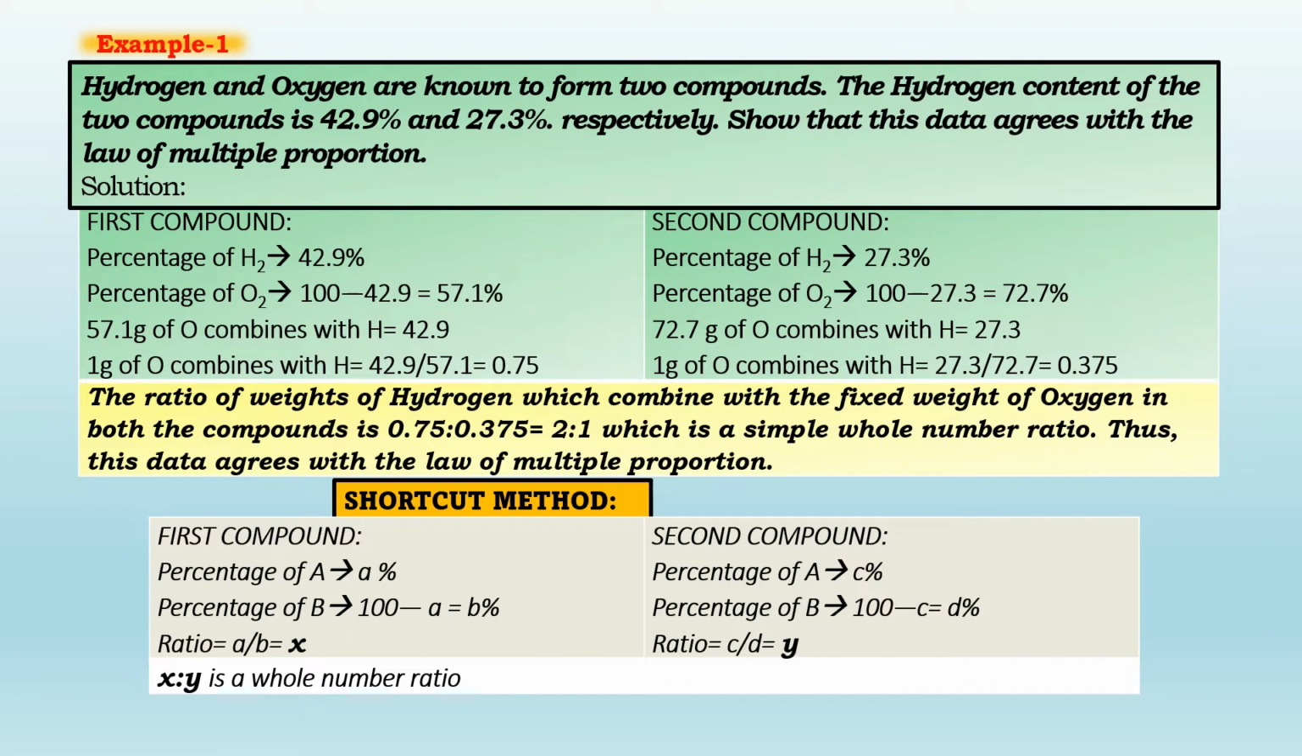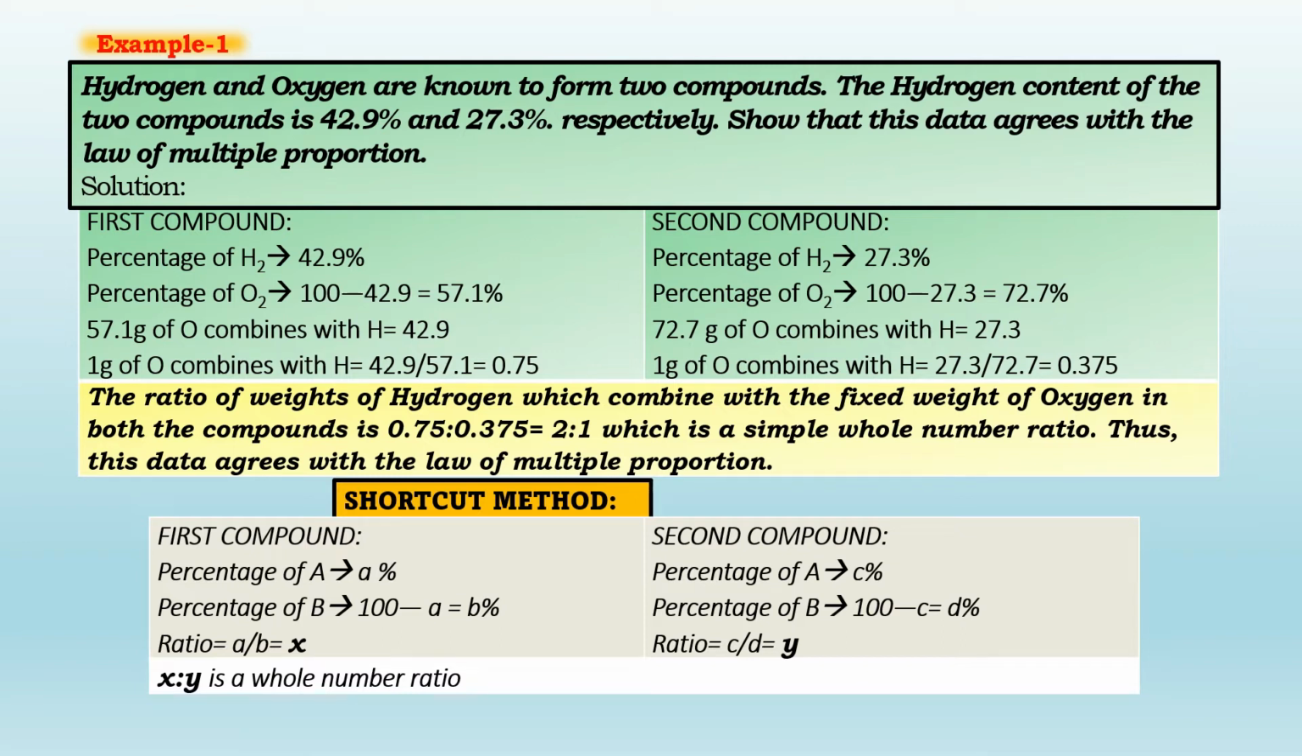In the second compound, percentage of hydrogen is equal to 27.3%. So percentage of oxygen is equal to 100 minus 27.3, that is equal to 72.7%, or 72.7 gram of oxygen combines with hydrogen is equal to 27.3. That means 1 gram of oxygen combines with hydrogen is equal to 27.3 divided by 72.7, that is equal to